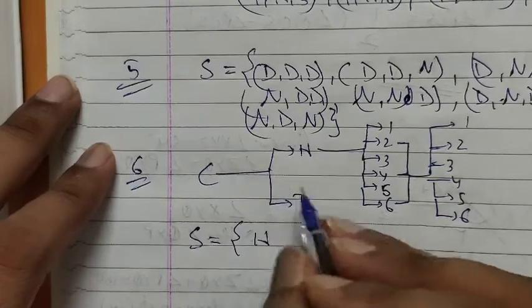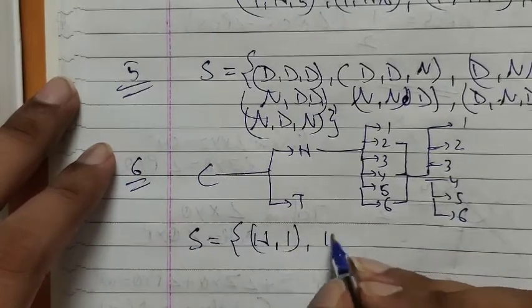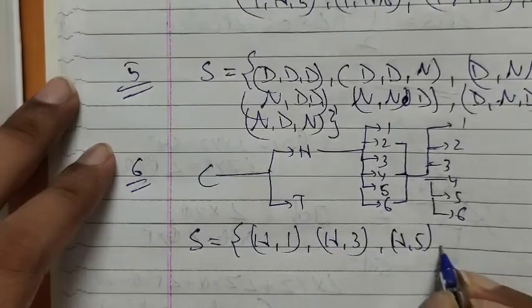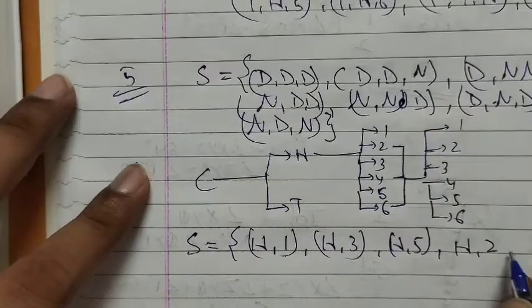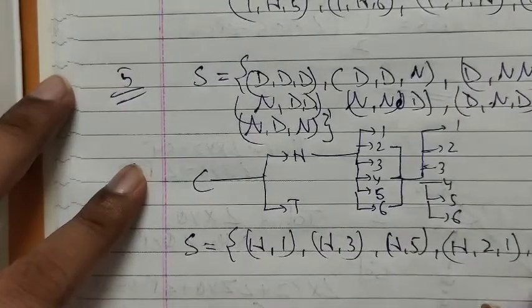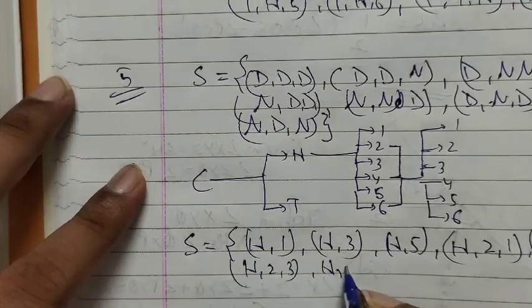Suppose head is there. First let's take odd numbers, so nothing will happen: head with 3, head with 5. Now if head with an even number occurs: head 2, 1; head 2, 2; head 2, 3;